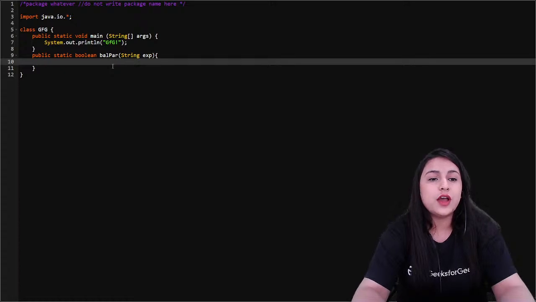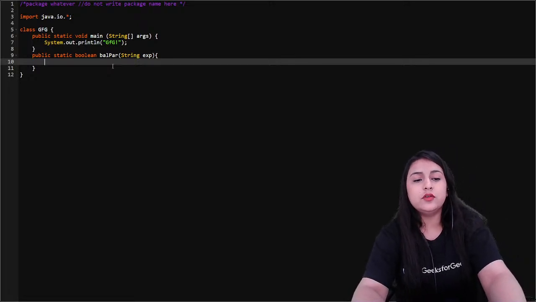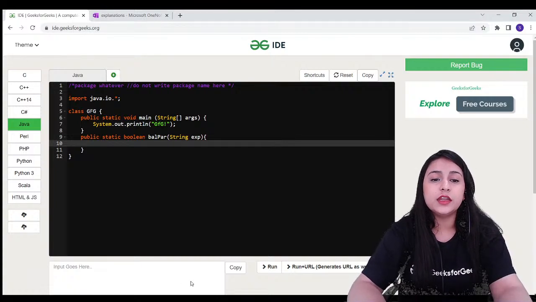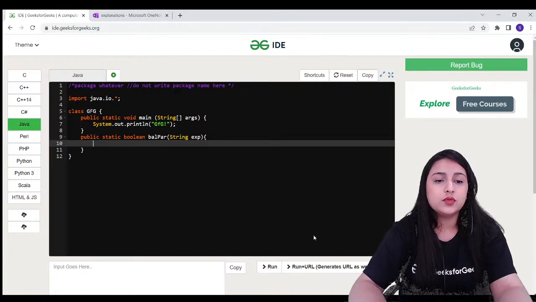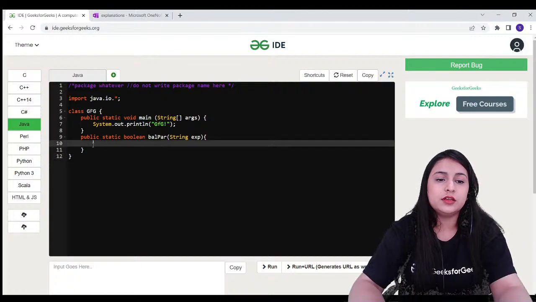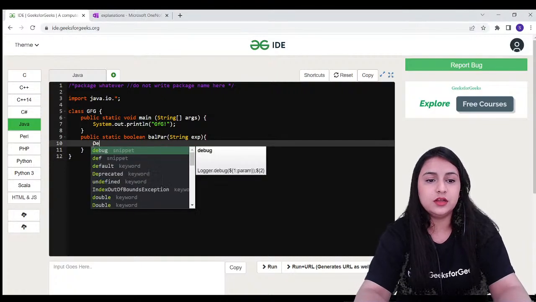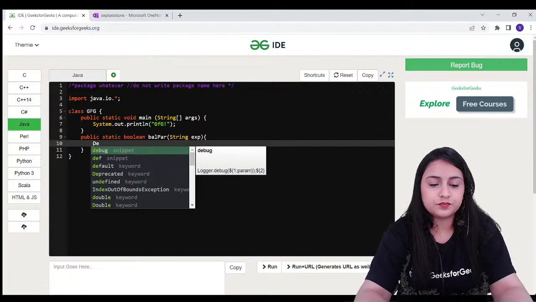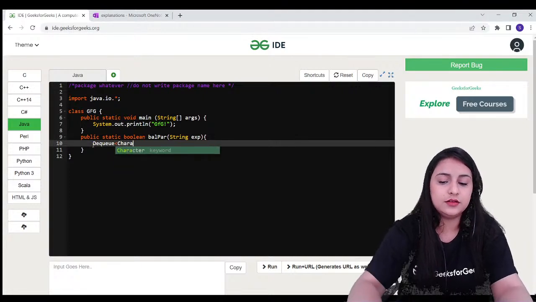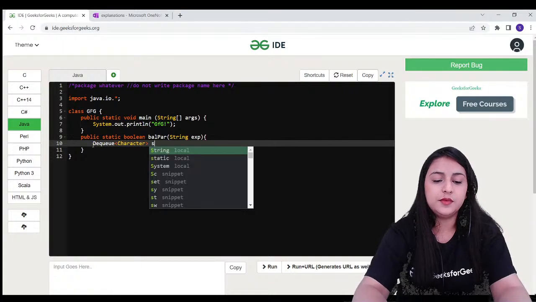What you can do is you basically have to create a stack. Now to create a stack, I will be using ArrayDeque. Why will I be using ArrayDeque? Because ArrayDeque is a little faster. Let's just make it Deque, and this will store characters. So I will just write Character, and let's name it stack